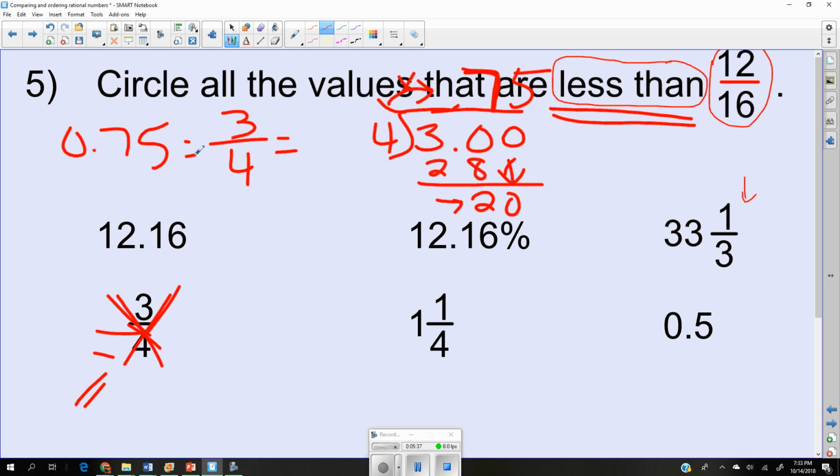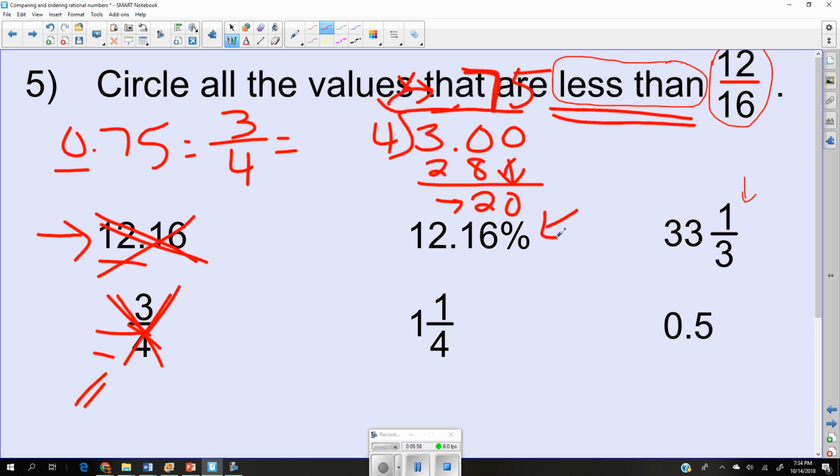Okay? So now, let's come over here. What can we look at? Well, we can look at this one. Well, 12 wholes is way bigger than that, so that's not less than 0.75. See you later, 12 and 6/100ths. All right, let's come over here to this one. That's 12 and